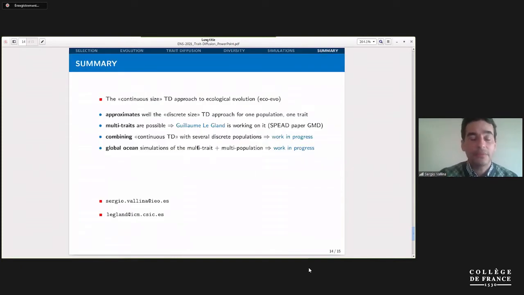So as a summary, we've shown that the continuous trait approximation, in my case the continuous size approximation, to do eco-evo simulations is working pretty well. It's able to approximate quite well the traditional discrete size approach of the Darwin model. Multi-traits are possible, and Guillem Leglon is working on that, and we have just published a paper with 2 traits, but he's now working on the 3rd trait, which will be